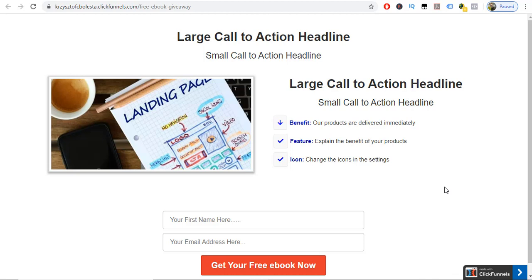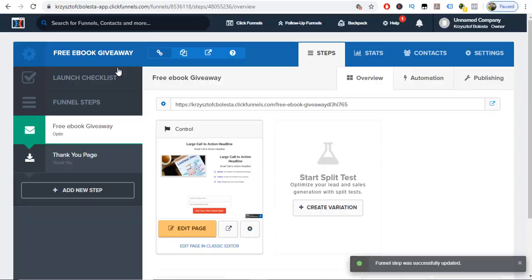this way you're covering up your affiliate links. You're covering up ClickBank links. So when you share your squeeze page on Facebook, no one sees affiliate links, but instead, when you put your submit button, instead of taking you to the thank you page, you can just skip this step and